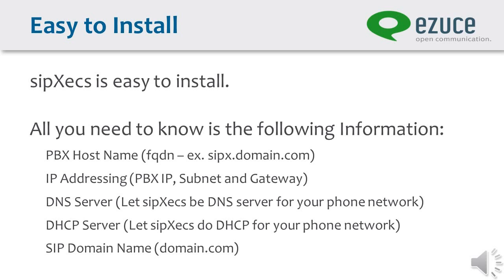I suggest if this is your first install, you let sipXecs be the DNS server, because DNS server configuration can be a little complex. And DHCP server. Again, let's let your sipXecs server be your DHCP server as well. And lastly, the SIP domain. This will be easy because it's the domain part of the fully qualified domain name. If you don't know what any of this information is, I'd suggest you visit the wiki and do a little bit of research. That would be at